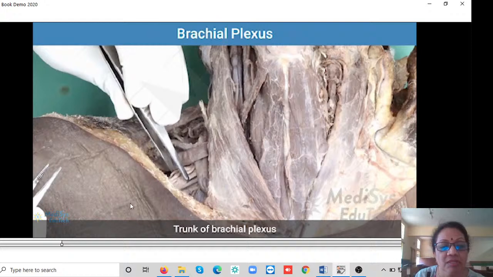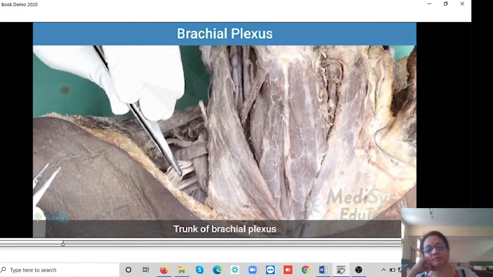So just orienting you to the anatomy, you're looking at the ventral surface, the anterior part of this person. This is the skin of the upper part of the chest. We've cut it to reflect the skin of the neck area. We've actually raised a flap from chin to clavicle. We open the skin like this, like a window, right? And this area is further divided by sternocleidomastoid. So we are ignoring the front part, we are ignoring the back part, and that middle triangle part is all that we are looking